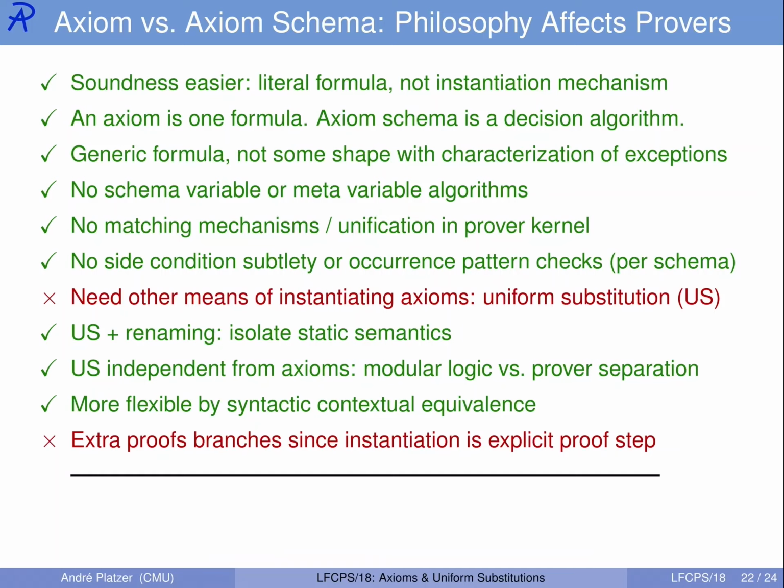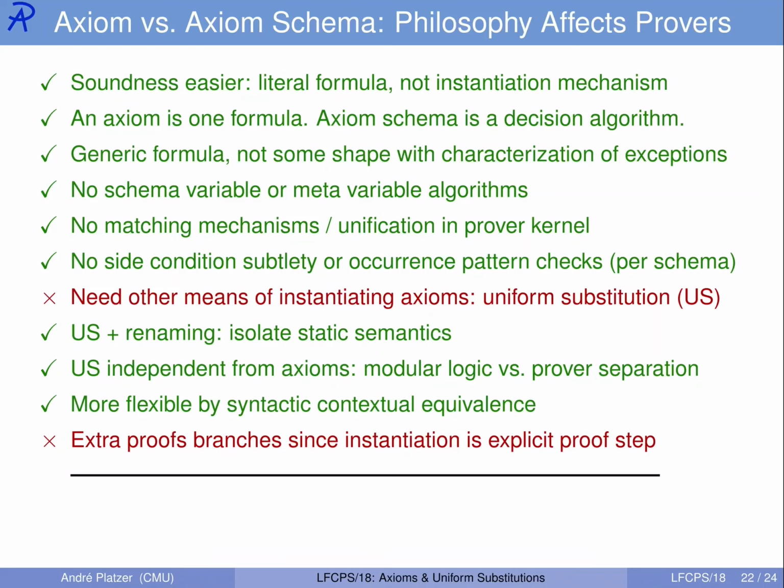prover implementation. Because, first of all, soundness is easier to argue because you have to only look at the literal concrete formula and not the instantiation mechanism of everything that could come out of it. An axiom is just one formula, easy to implement, whereas an axiom schema is actually, come to think of it, a decision algorithm. Of course, it's a highly systematic decision algorithm because axiom schema is still comparably easy to understand. But it is easier to understand the axiom as a generic formula with one thing that has no exceptions